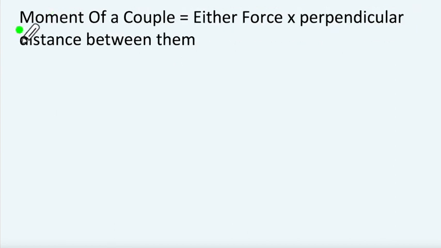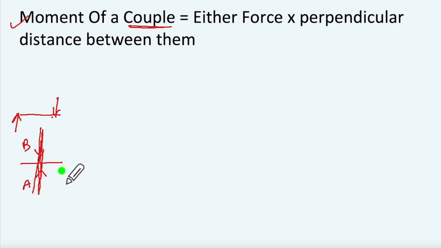Then we come to moment of a couple. Now what is a couple? Couple is two equal and opposite parallel forces which do not have the same line of action. Which means if I have a body like this and we have one force this way, let us say force A, and another force is this way, and they are having the same line of action. If there is same line of action, then you cannot have rotation taking place. They need to have one force this way and another force this way. They will not have the same line of action. Okay, so that constitutes the couple.